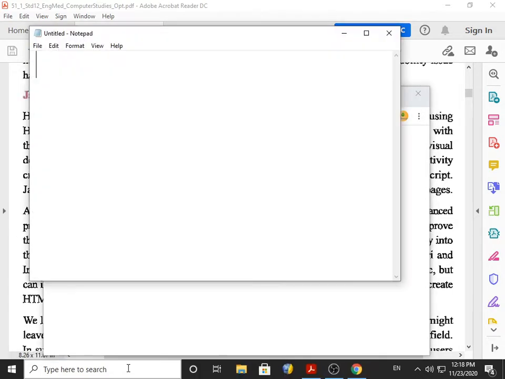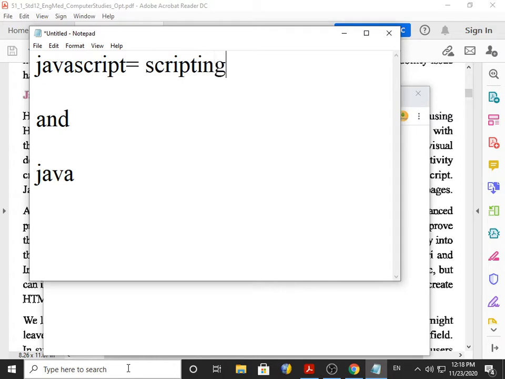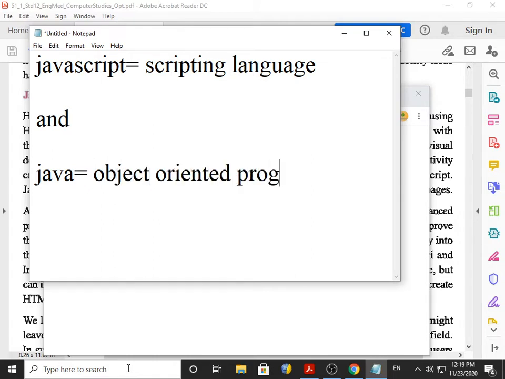Another clarification I want you to be updated on: JavaScript and Java are two different things. JavaScript is basically a scripting language, and Java is an object oriented programming language.